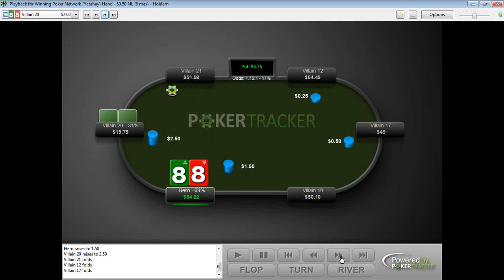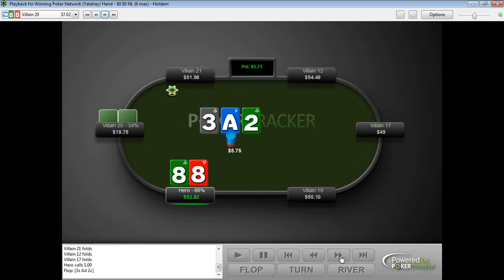Here, small 3-bet. Of course, we're going to call with 8s. I have second pair, out of position. I check, and he puts out a huge bet here. I mean, the hands that I would want to call with here are going to be